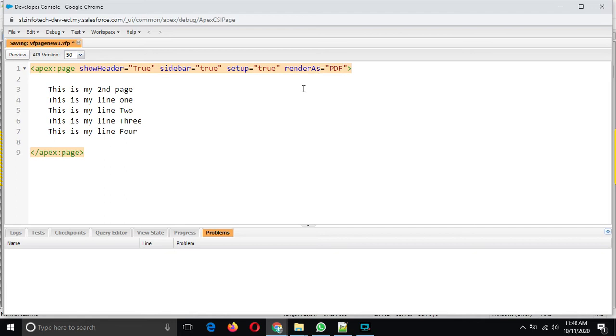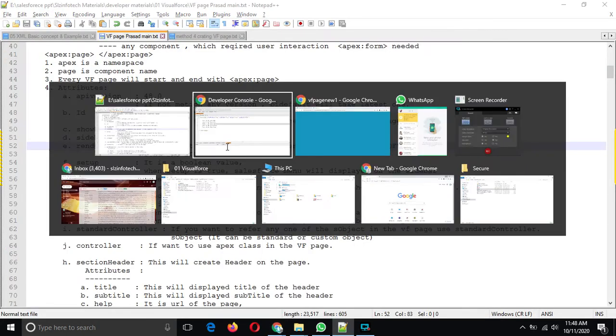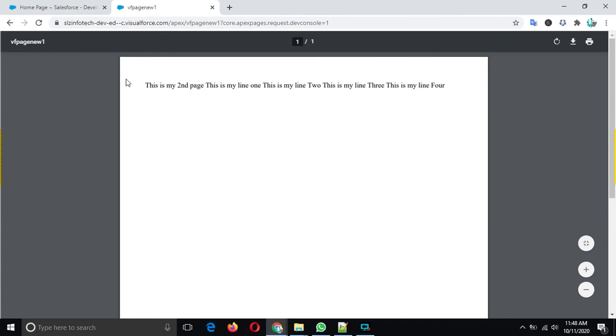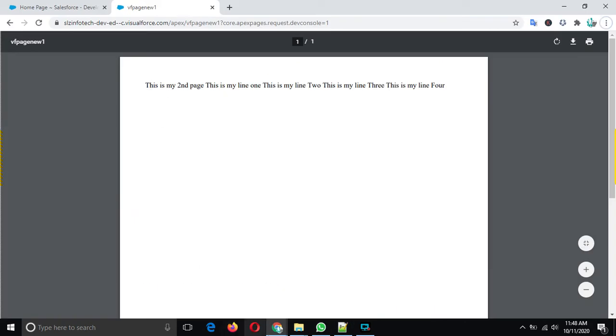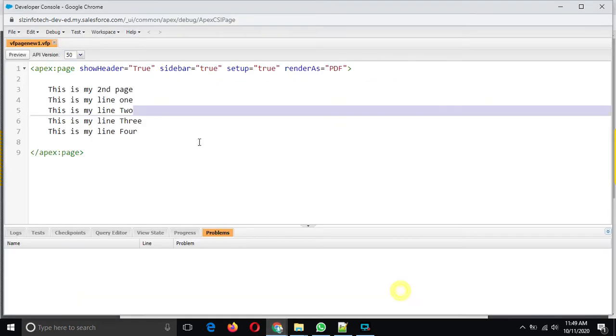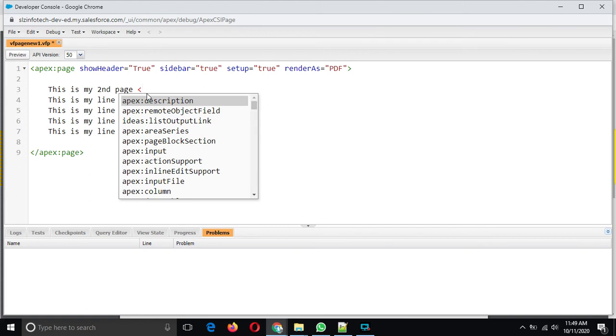Whatever content you have mentioned between the Apex page opening tag and closing tag, if you want to see this content as a PDF, in that case we use renderAs PDF. Okay, so see here. The moment you enter this, line number 1, line number 2. If you want a separate line, then press the line break.